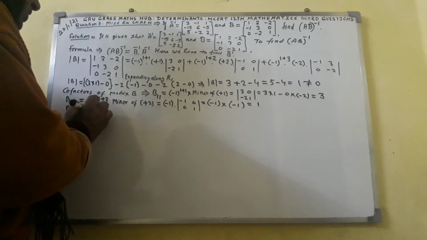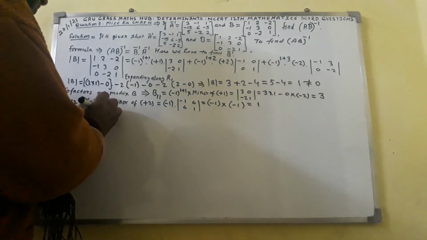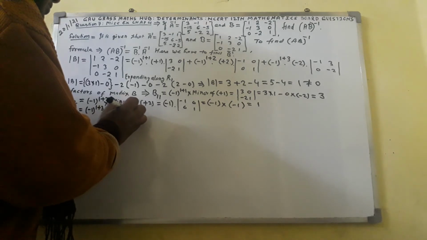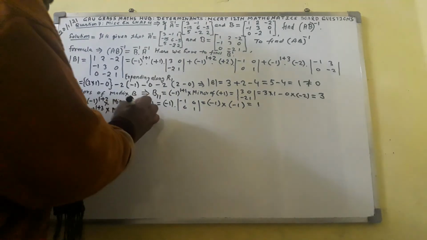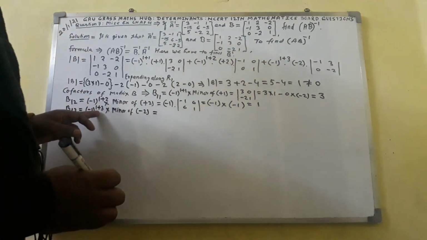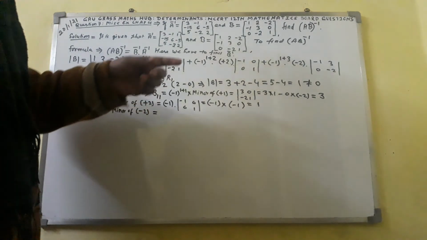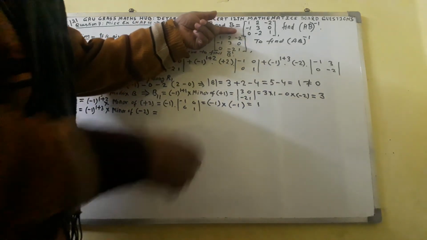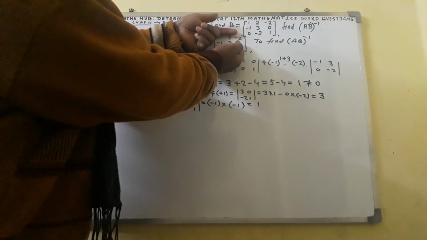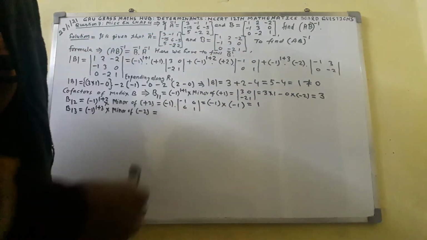So here I shall write -1 raised to power 1 plus 3, into minor of element -2, equal to -1 raised to power 4. It will become 1, and minor of element -2. So -2 is there in first row and third column, so first row and third column will be hidden. You will get the minor of element -2 as -1